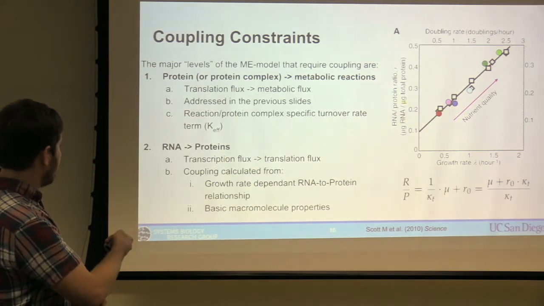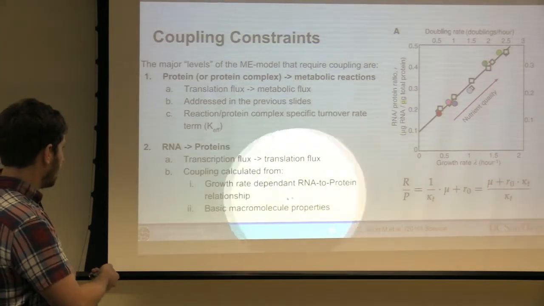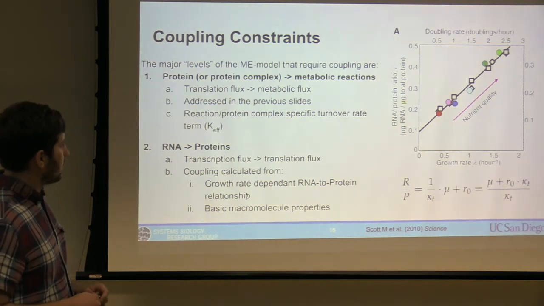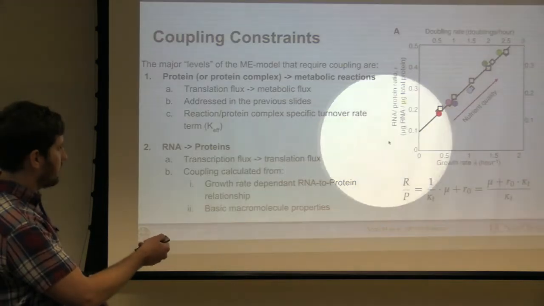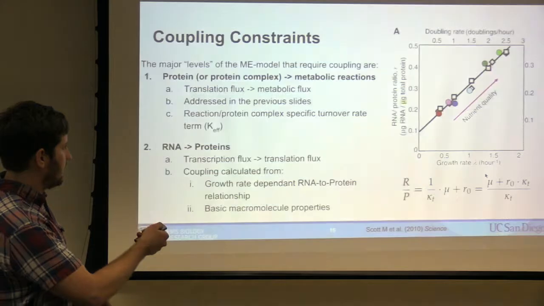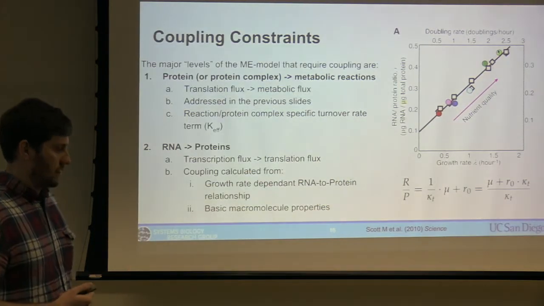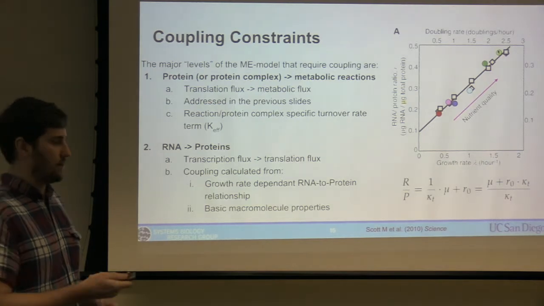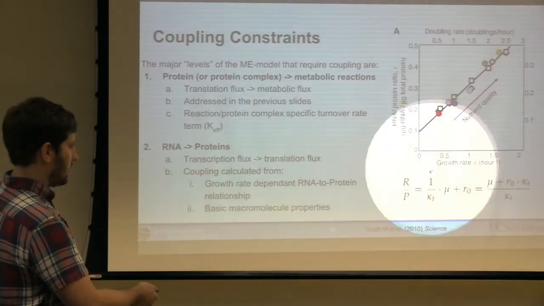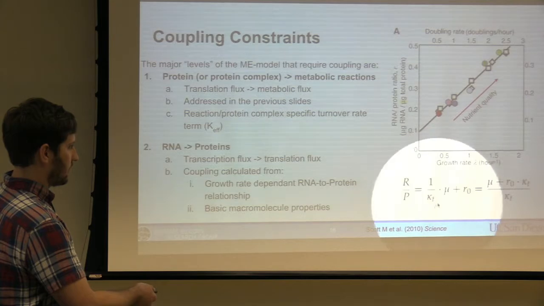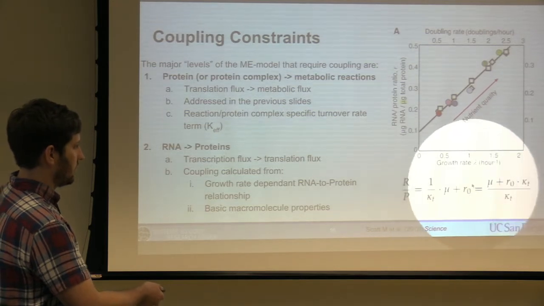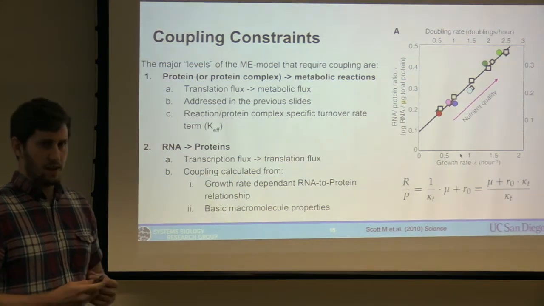And so this is the growth rate-dependent RNA to protein relationship that I talked about just a second ago. And so you can see in E. coli, as you grow faster, the RNA to protein ratio increases linearly. And this can be defined by this simple linear relationship, where 1 over what they call KT is the slope of this line, and R naught is the y-intercept. And we're going to use that later